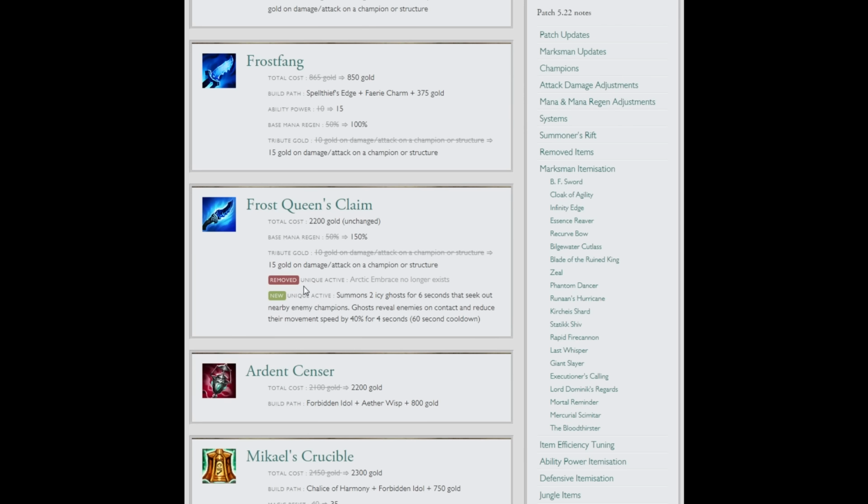Unique active: summon 2 Icy Ghosts for 6 seconds that seek out nearby enemy champions. The ghosts reveal on contact and reduce their movement speed by 40%, a 40% slow for 4 seconds. That's going to be so strong for catching people, and I think it's a lot stronger than just the damage slow active that it used to be on the